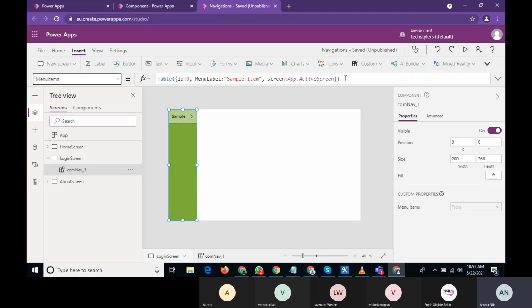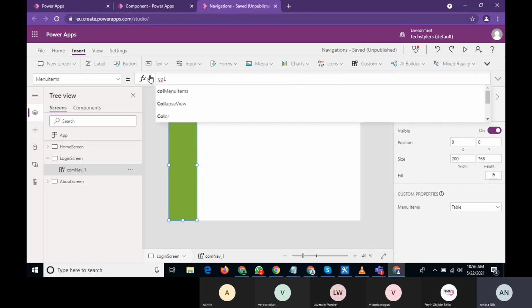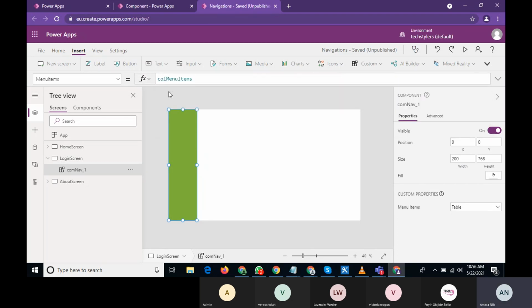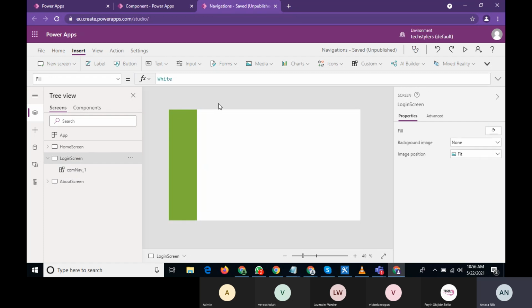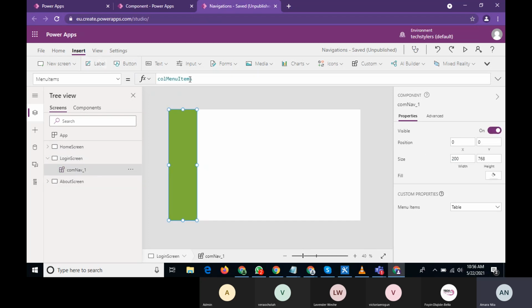Now we're going to change it to collection items. Collection item. Okay, so something you should know is sometimes when you do these things,